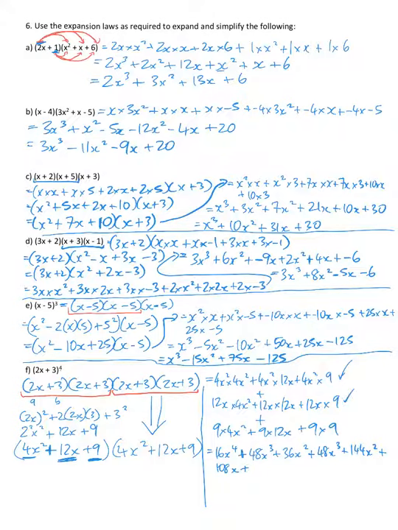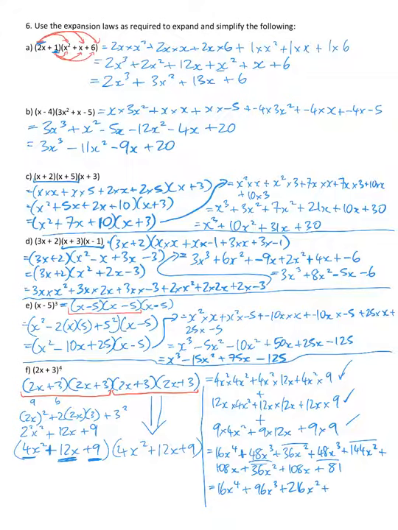Last line, 9 times 4x squared is 36x squared. 9 times 12x is 108x again, plus 9 times 9 is 81. Third line of that working done. Collect like terms, nothing else is x to the power of 4, so it's 16x to the power of 4, plus 48x cubed, plus another 48x cubed is 96x cubed, plus 36x squared, plus 144x squared, plus another 36x squared is 216x squared,